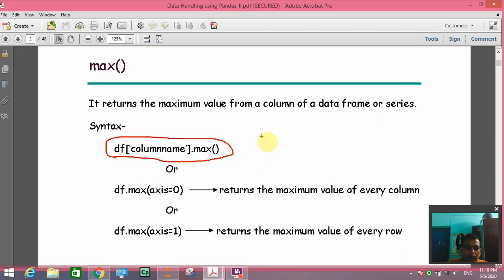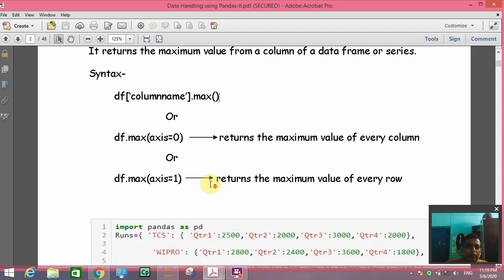Suppose in a student table we want to find out maximum marks, so we will write df dot name of subject dot max. It will give who is getting maximum marks in a particular subject. We will see practically also. Now we are going to see only the theoretical part.